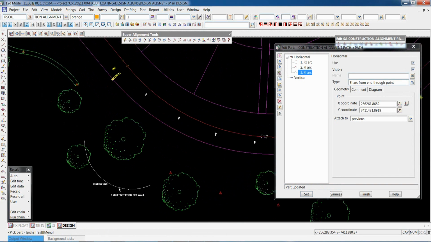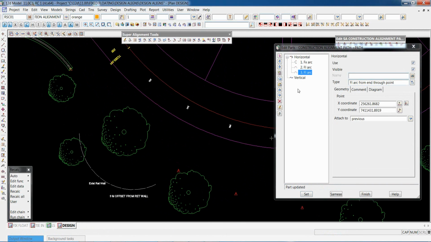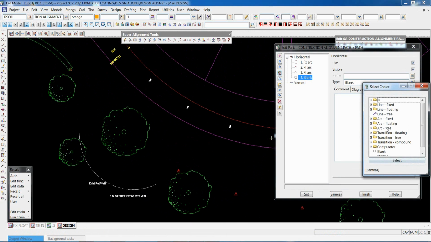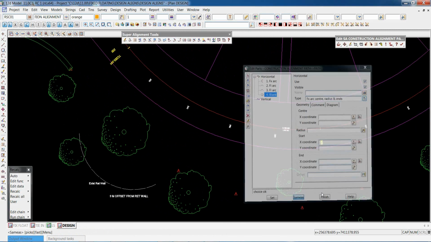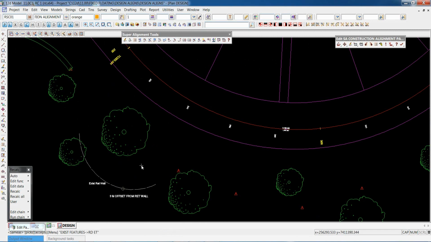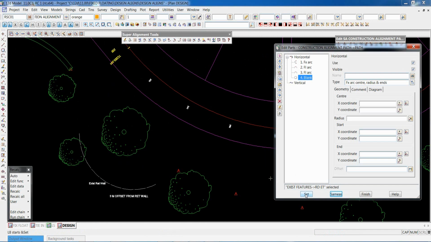So now I'm getting down towards this part here where I need to tie into the existing, or a fixed option. So I go insert. Again, I'm going to pick up an arc, center and radius. I draped it.